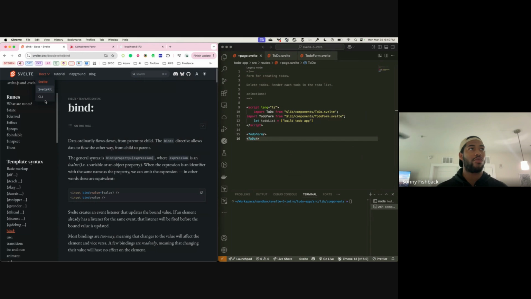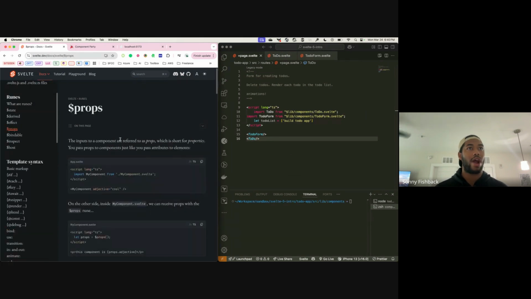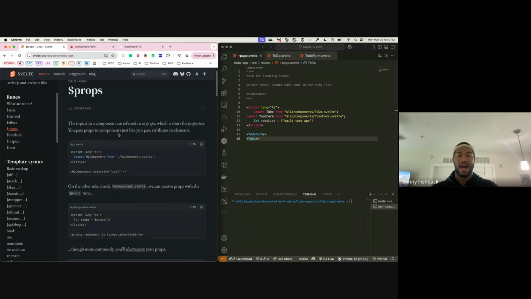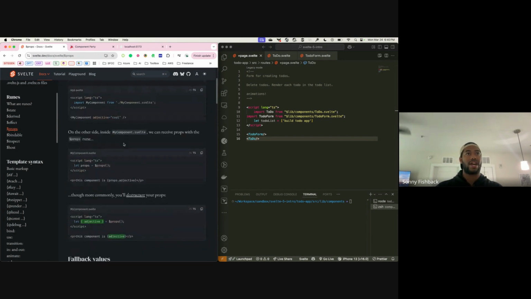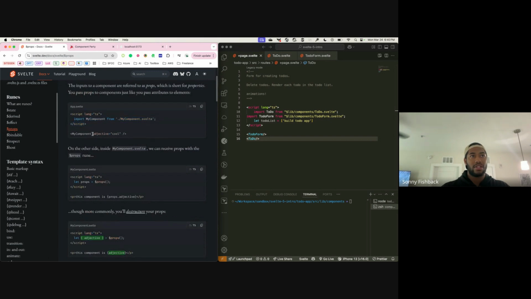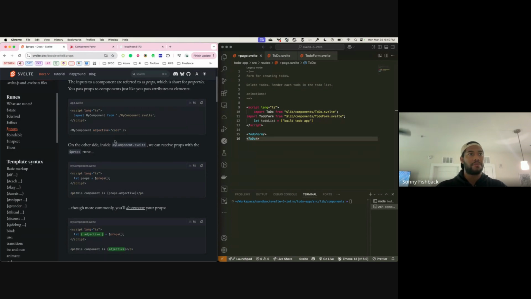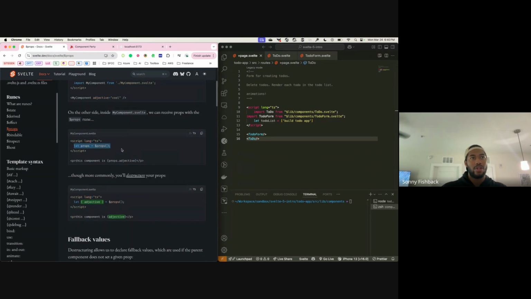So we're going to talk about another rune here that we mentioned earlier, props. So a lot of times you have isolated components and they share data, or you need to pass data into them. This is called props, short for properties. And this is what it looks like. So import a component, you can pass the component props just like you do with regular attributes of an element. And it could be a JavaScript expression, a function, and you pass it in,